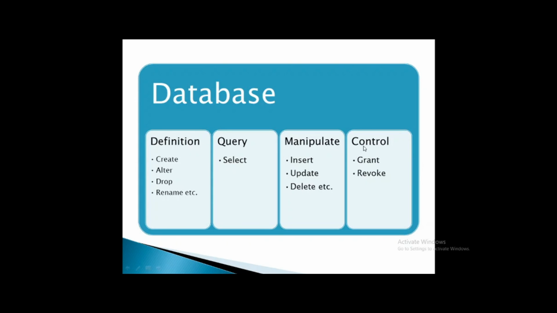So we have to take some control of such a table, and allow a specific set of users to see that table, and disallow others from seeing it. If you want to control the authority of a table, that is, who can access the table and who cannot, then we have control commands. The control group of commands contains grant. That means on a table, if you want to issue or grant some authority, then you use the grant command. And if you want to remove the authority on a table from a specific user, then you use the revoke command as well. All right, so that is about the different types of commands that can be run on a table.